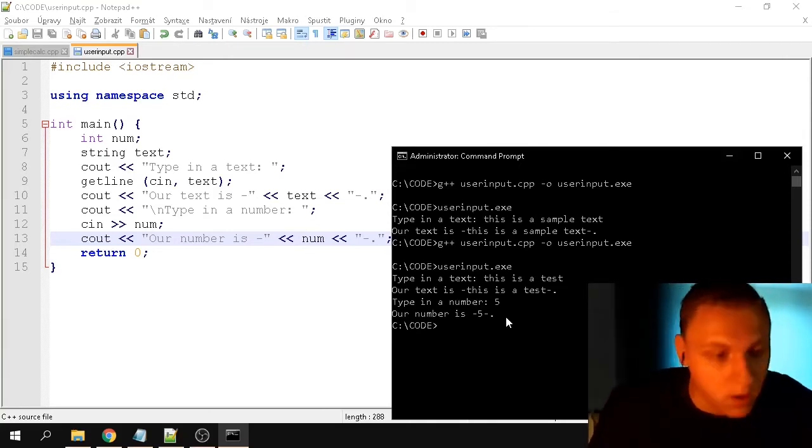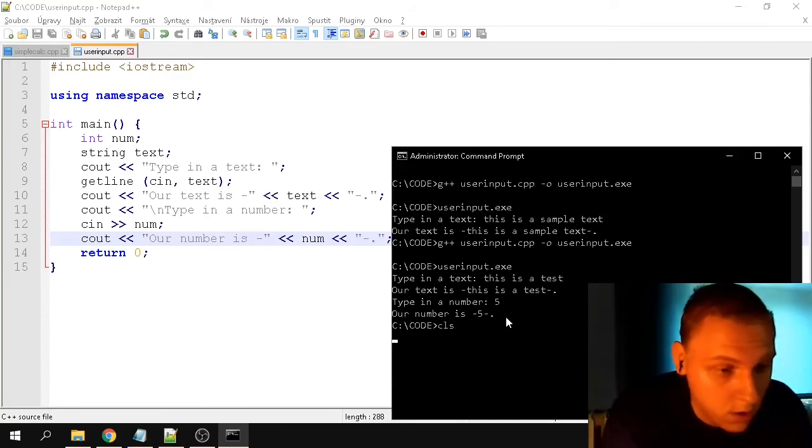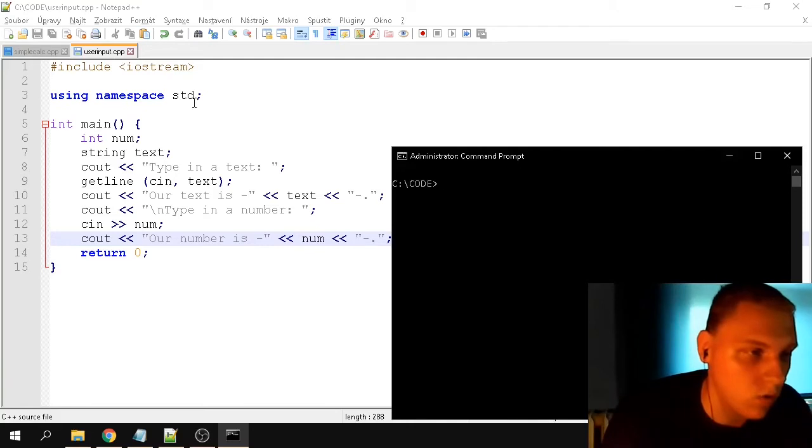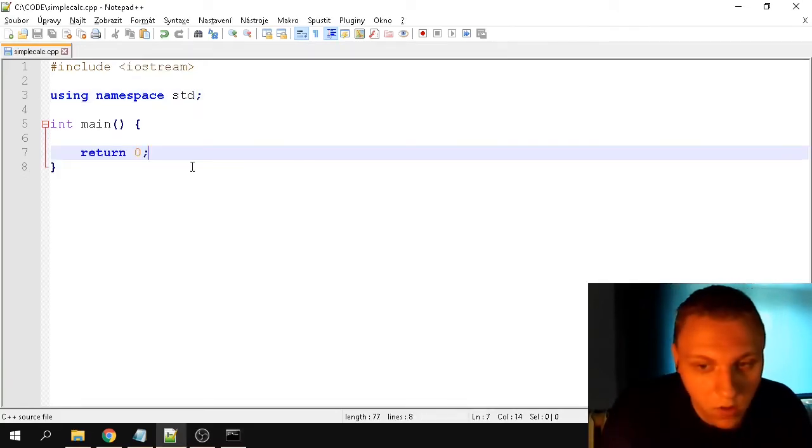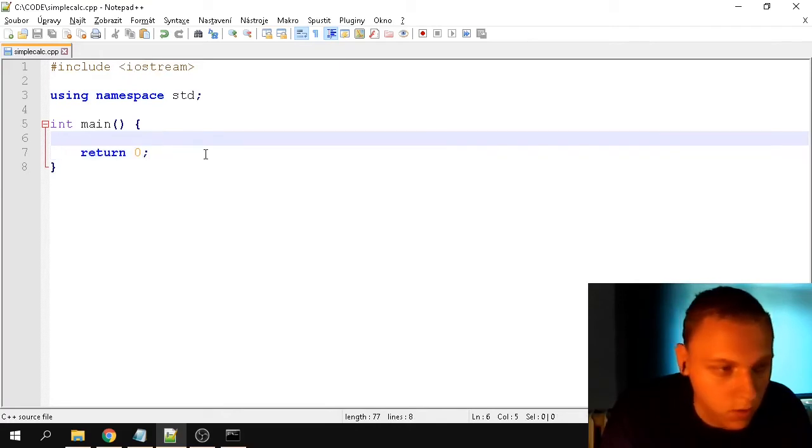So to create a calculator, let me first clear out the output of the command. So that's our user input, obviously. So that's user input pretty much explained in detail. So now we're going to go into the meat and create our calculator. I'm going to make a